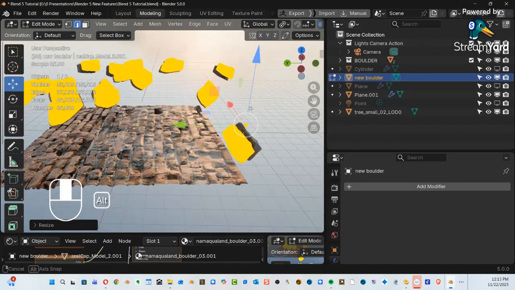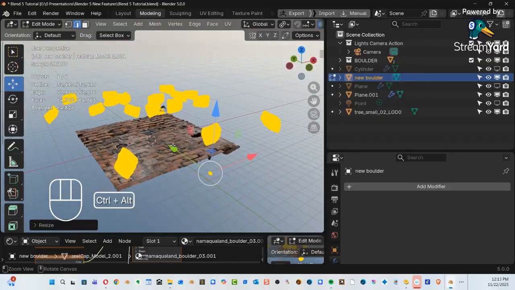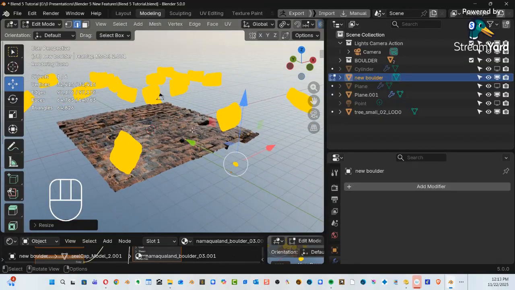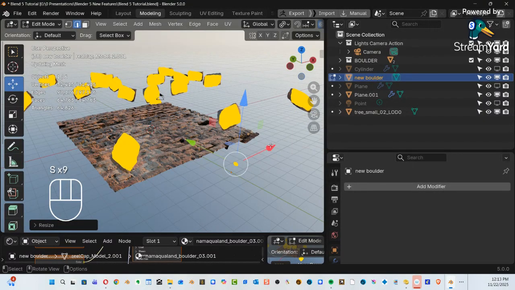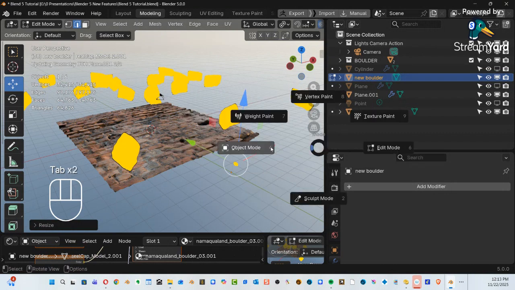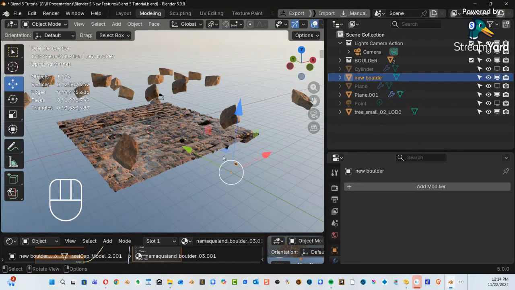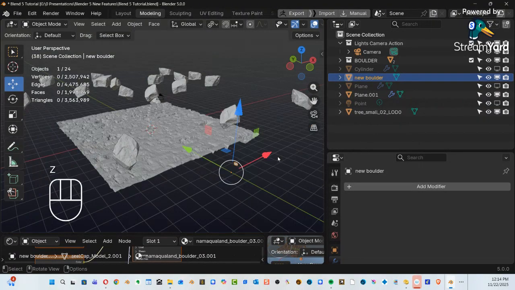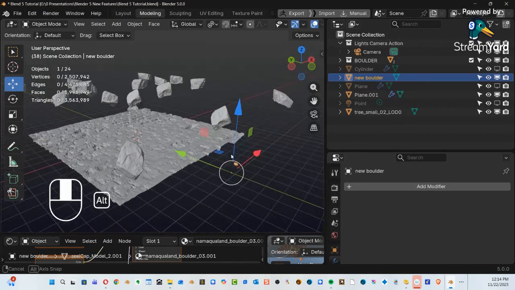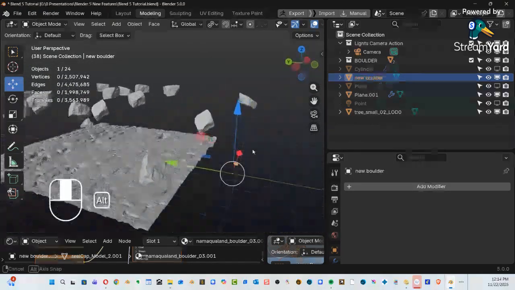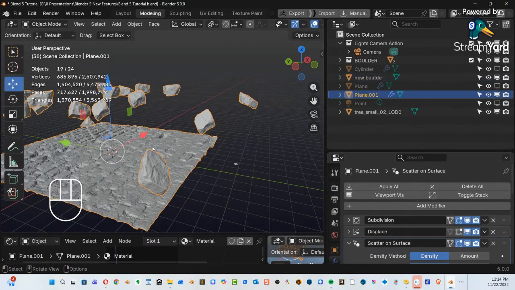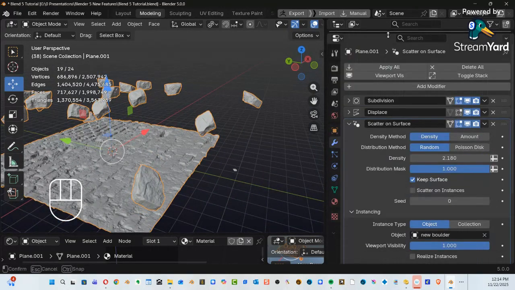Let's see, I want to kind of see what's there. There we go. You can see the update. In fact, if we just get out of here, go to my tab, go to object mode. No, stay in edit mode, but what I want to do is go to Z key solid mode. There we go. That conserves memory quite a bit. I was editing the object. If I go to the plane itself,